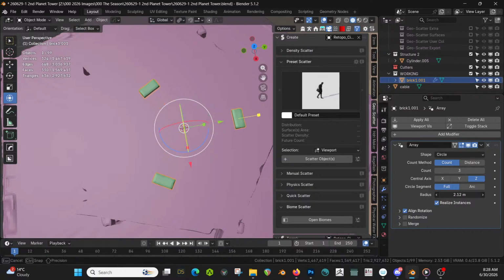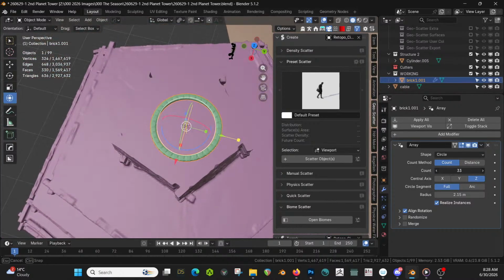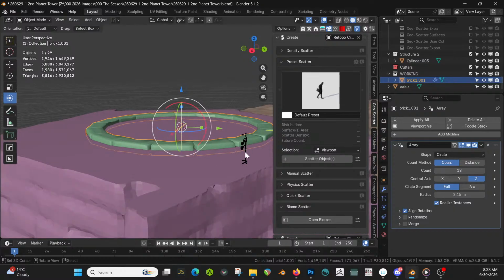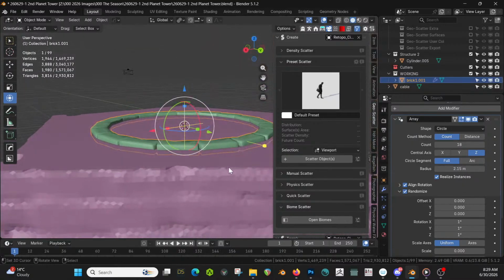Radius. Like that. Sure. Like that. Cool. Nice. And randomize it just a little bit. 1, 1, 1. Don't really notice. And then